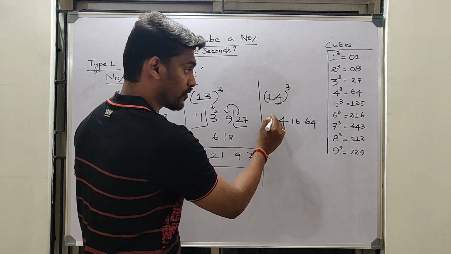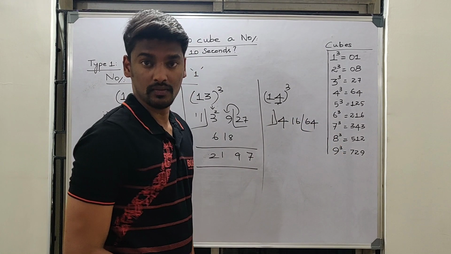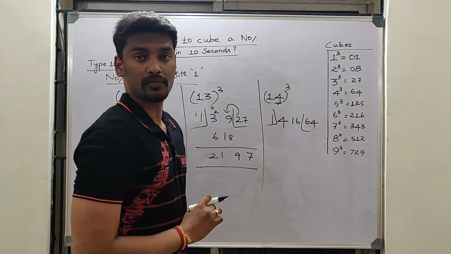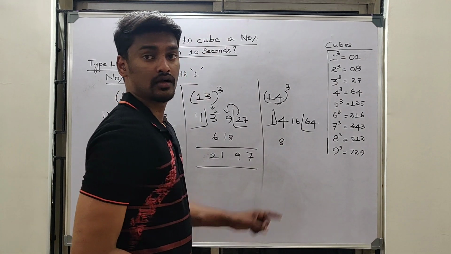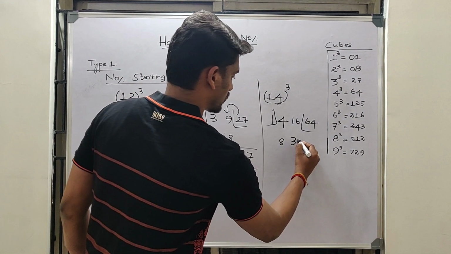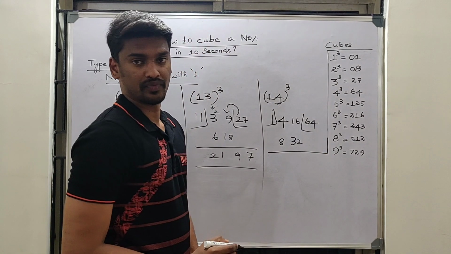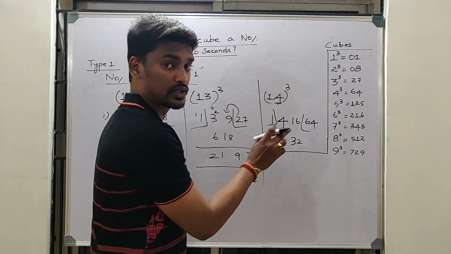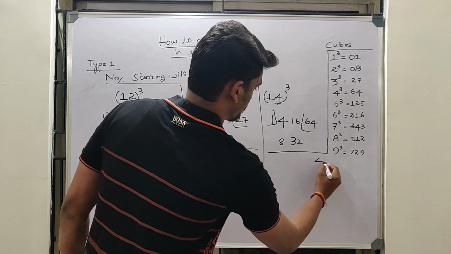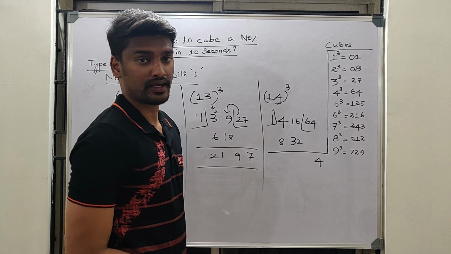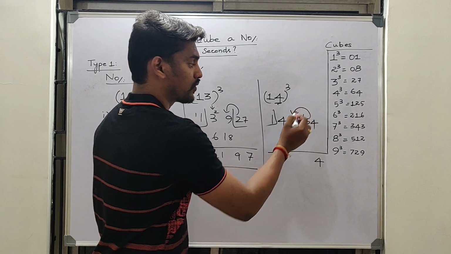In step 2, what I will do, I will neglect these 2 numbers. Then I will take the middle 2 numbers and I am going to double it. Okay. So 4 into 2, it is 8. 16 into 2, it is 32. Okay, so here also you could see there is a 2-digit number which is given, but we have to take only the unit digit. So 4 is the unit digit over here. So the remainder 6 will be carried over here.